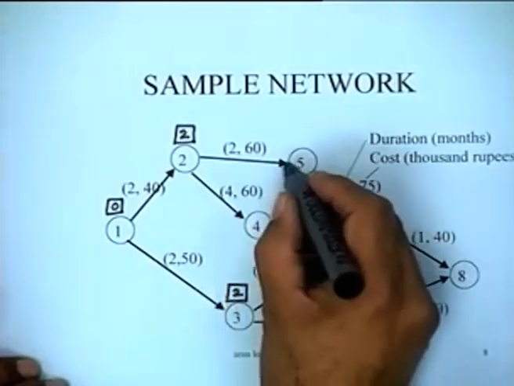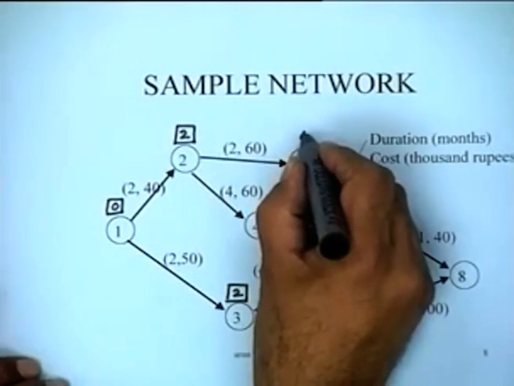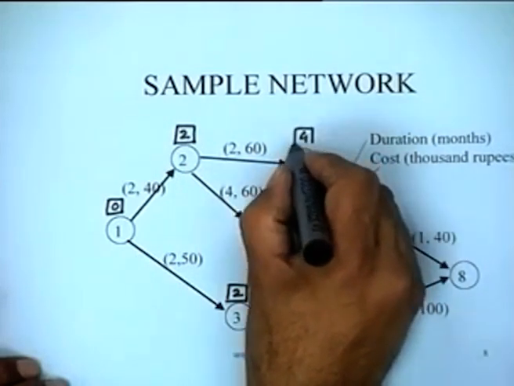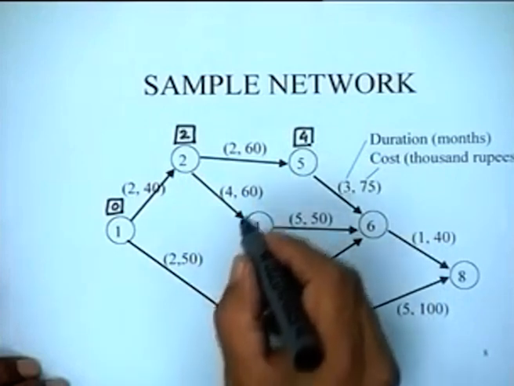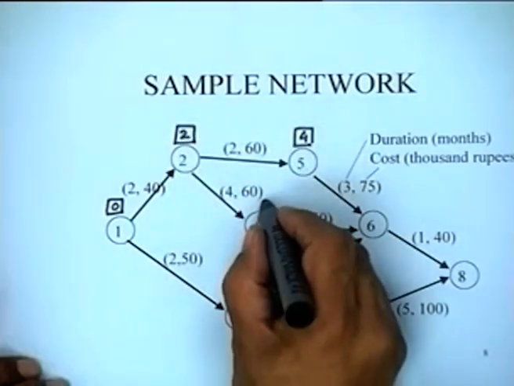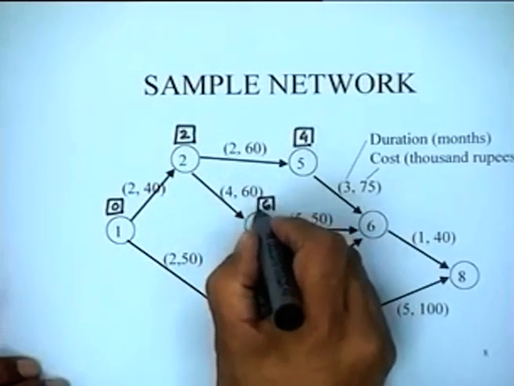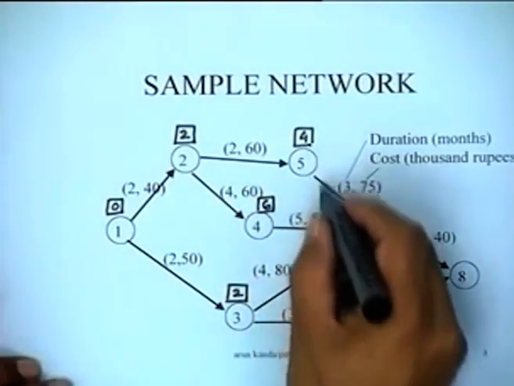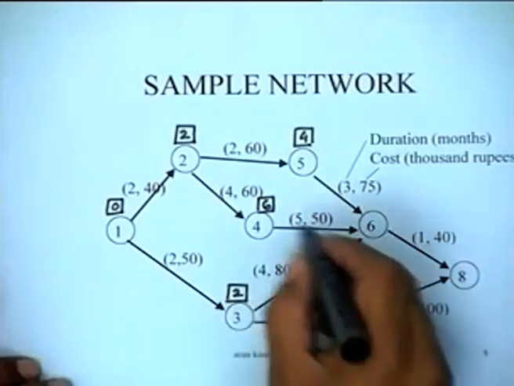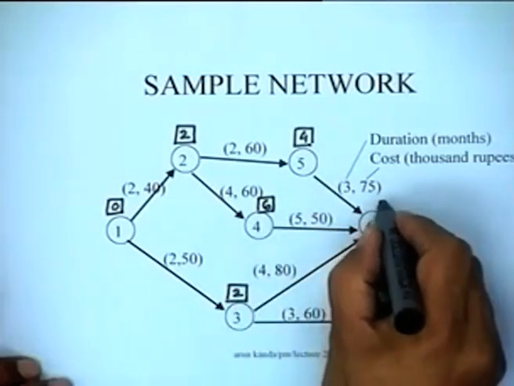Then coming to node 5, this is going to be 4 months. Coming to node 4, this is going to be 6 months. And coming here from all the 3 sides, the maximum is 11, so this is 11 months,